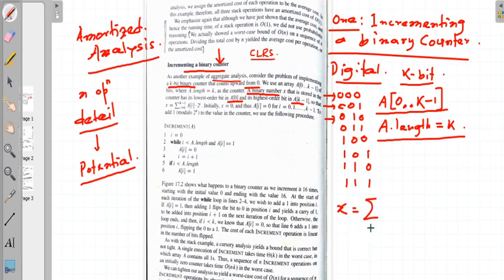Okay, so as you know, this is how the number x is represented. So this is 1 times 2 power 0,